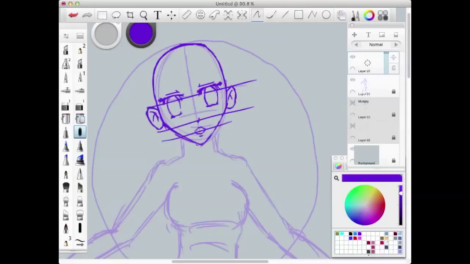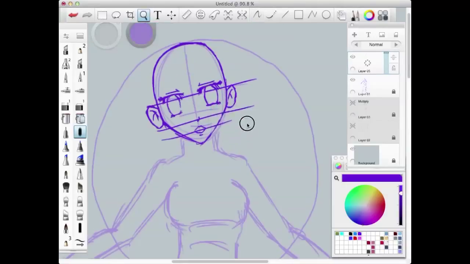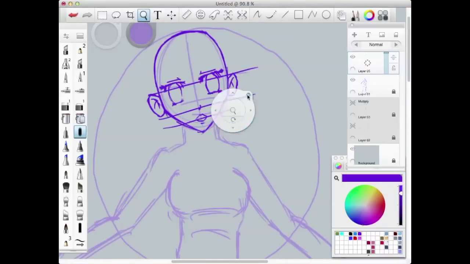Because too much detail is a pain in the butt to animate. Unless you're doing like puppet animation or you're drawing, if you're doing puppet animation, or like